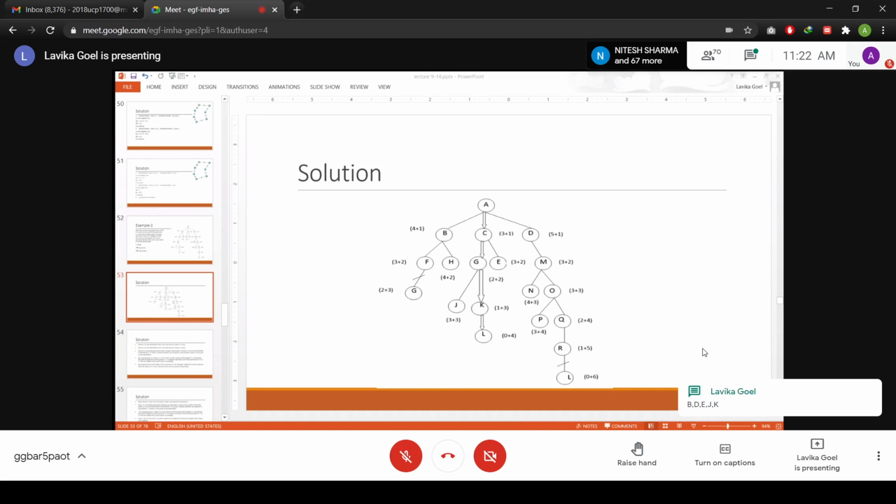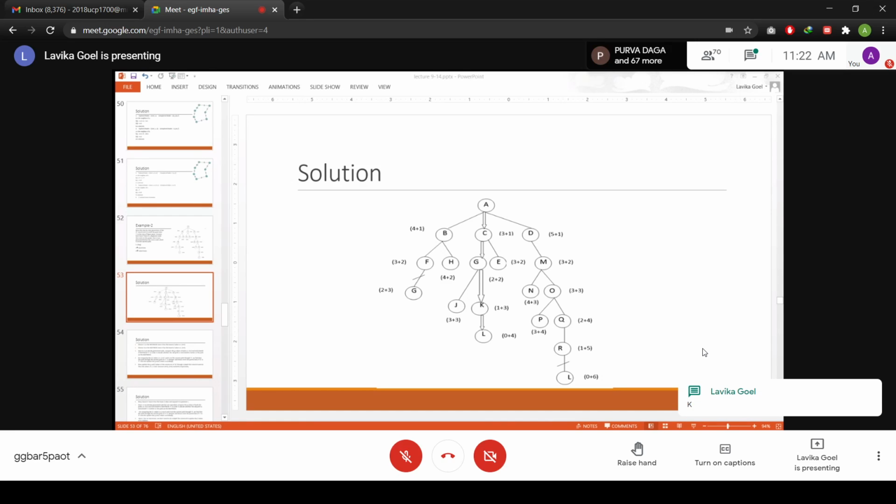So now from G you are generating J and K, right? So basically your open list consists of B, D, E, J and K. Fine. Now out of B, D, E, J and K, K has the lowest F value, so you will select K for expansion next.